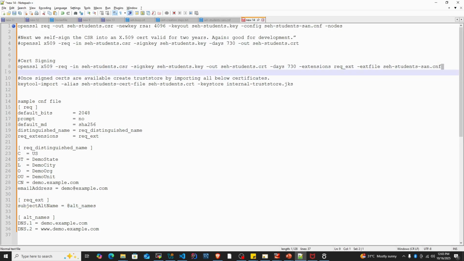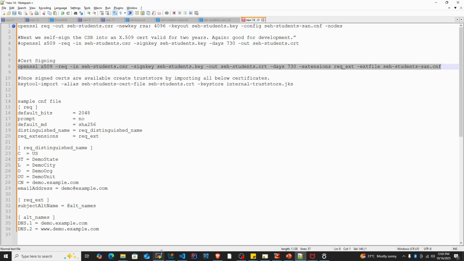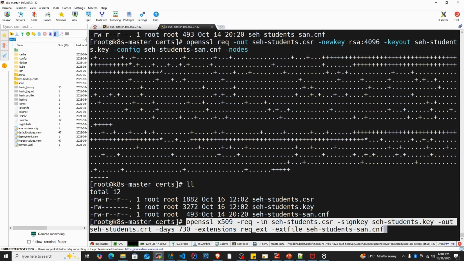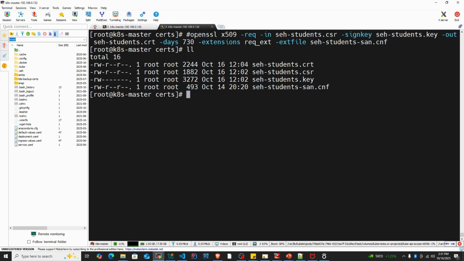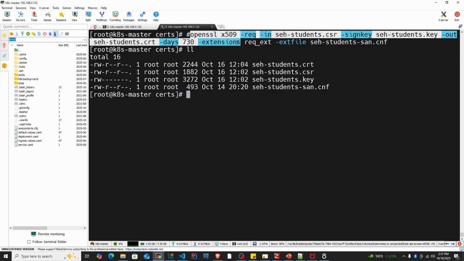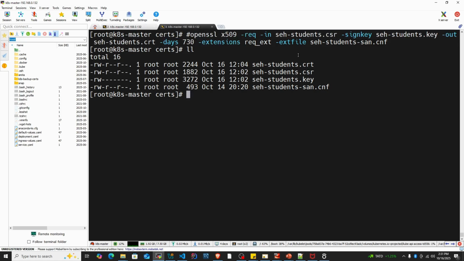After running this, let's copy this command and go to the server, paste it. After running this, we will have a new file called students.crt, this one. That is our actual certificate ready to be imported into our application or Truststore. Hit enter. After running the OpenSSL self-signing command, you will see a new file called students.crt. This is the signed certificate. I'm not showing the full command output here because it displays actual domain details, and as a best practice, we